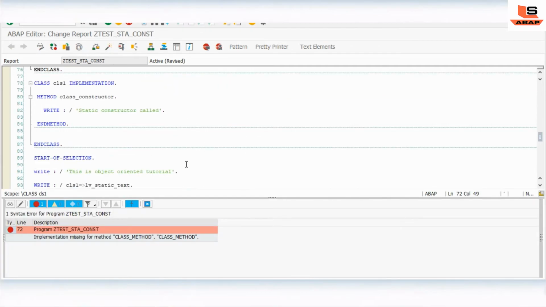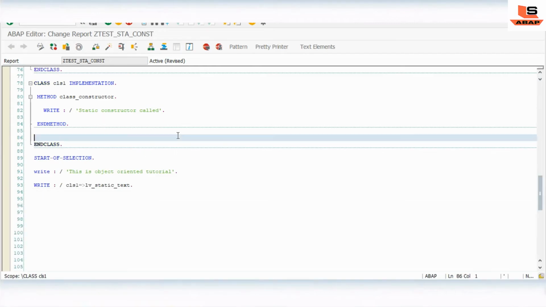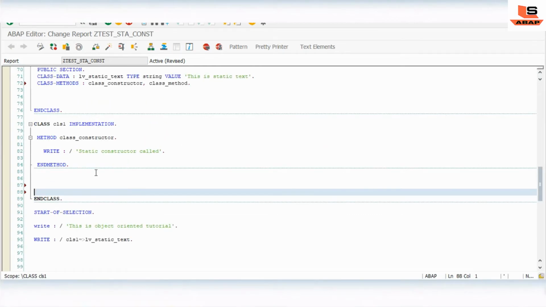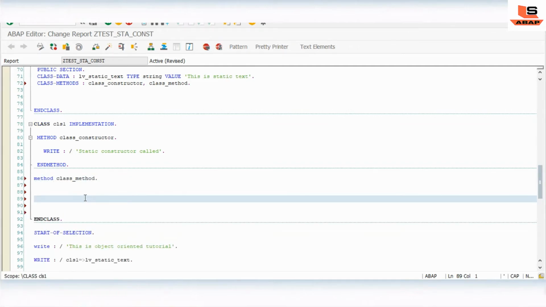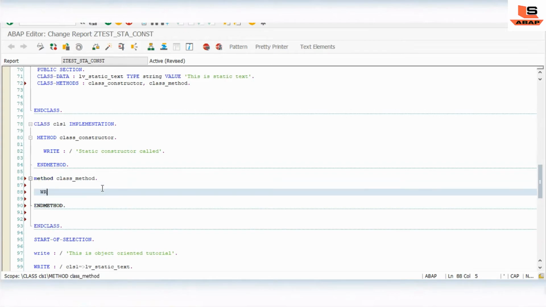We have not implemented this, so that is the reason it is giving an error. Let's implement this, with the name method, and here end method, and here we will write the statement: static method called executing.